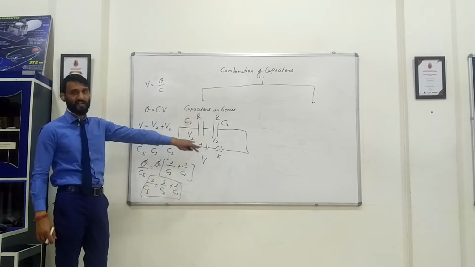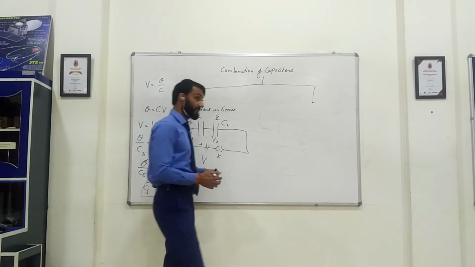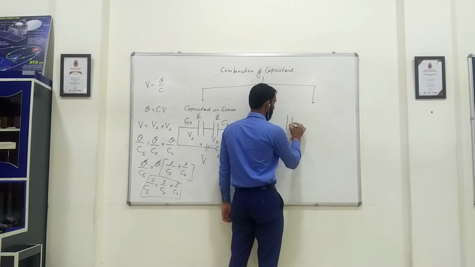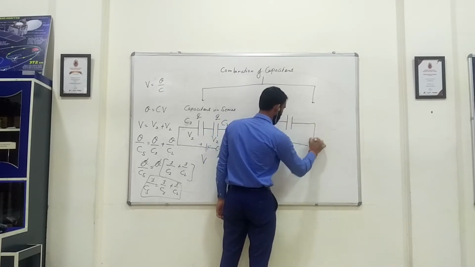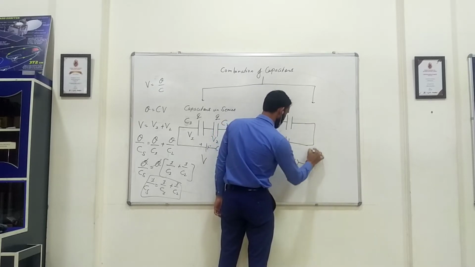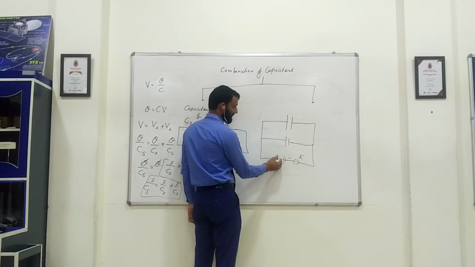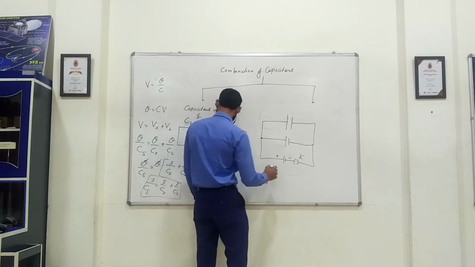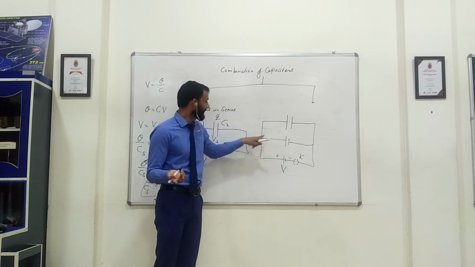If a third capacitor were there, the same result can be obtained for n number of capacitors. Now, if they are connected in parallel, then what would happen? Let me connect them. Positive, negative. So the charge will start flowing. How many paths is the charge getting now? The charge is getting two paths to flow. One path is this and the other path is this.